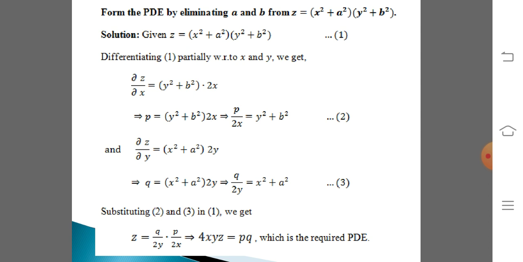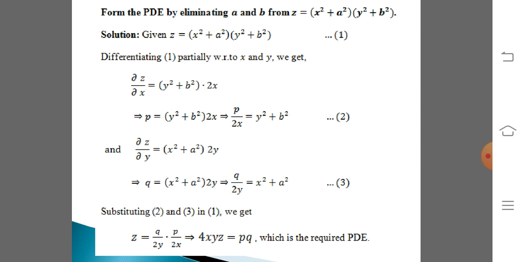The next question is formulating PDE by eliminating the constants a and b from z equal to (x square plus a square) into (y square plus b square). You take the given equation as number 1. As usual, you differentiate equation number 1 partially with respect to x. We get, what is the left hand side in the given equation 1? It is z. So if you differentiate z partially with respect to x, you get dou z by dou x